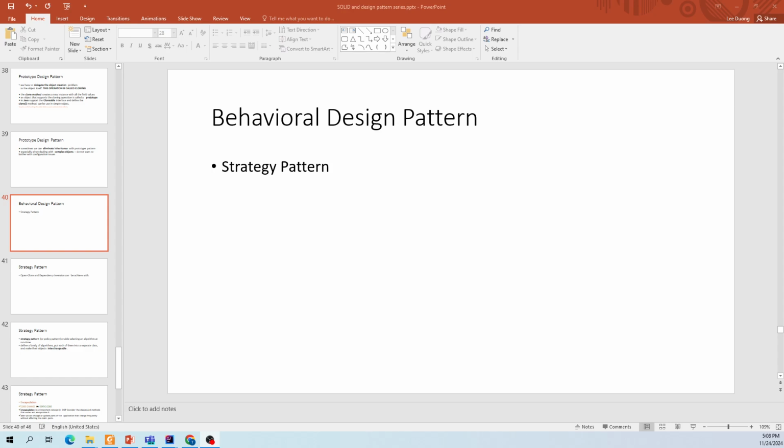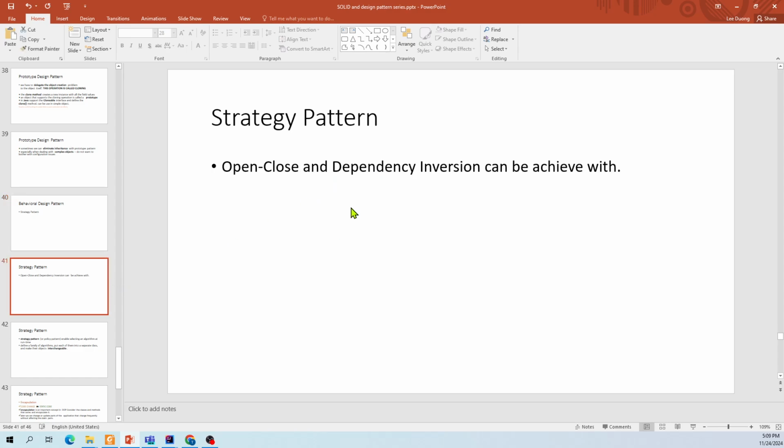Today I introduce you to the second type of design pattern, the behavioral design pattern. With this type we have several design patterns, but first we will go through the strategy design pattern. This is very famous and very commonly used in real applications. As mentioned in the SOLID video,